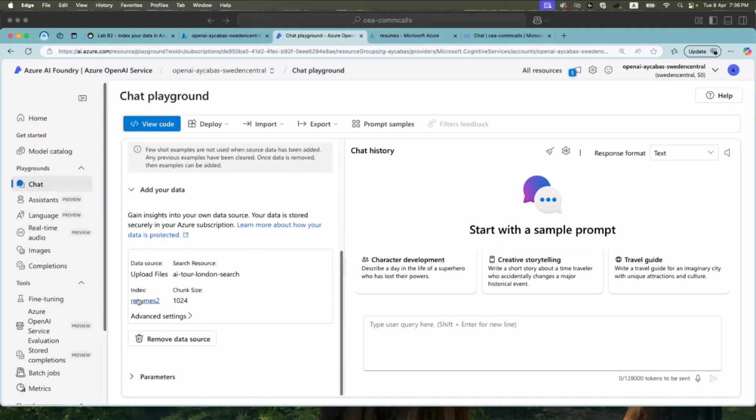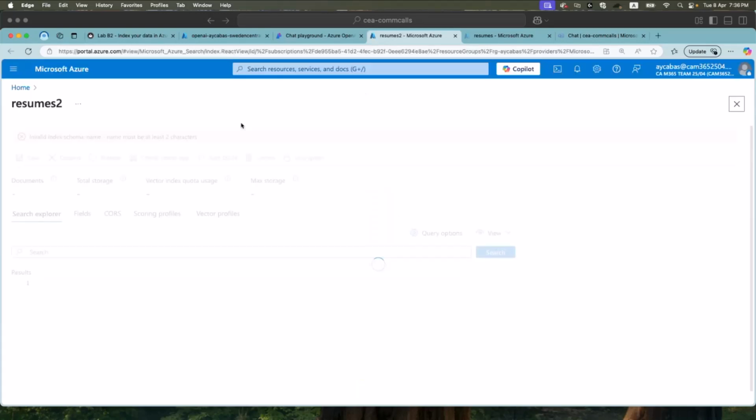We uploaded all of the files magically. And if you select the index, it will guide you to Azure AI search where all the data is indexed. That means that our data source, basically all of the files we uploaded were uploaded to blob storage, and data is indexed in Azure AI search and made it available for vector search experience for us.